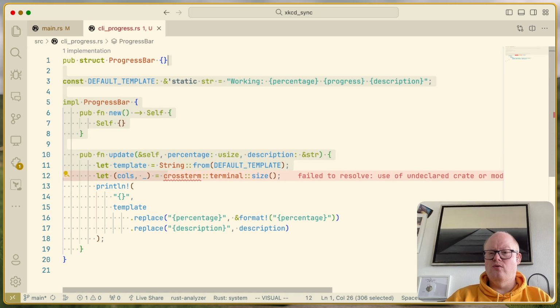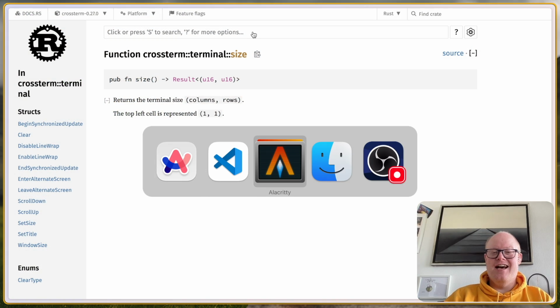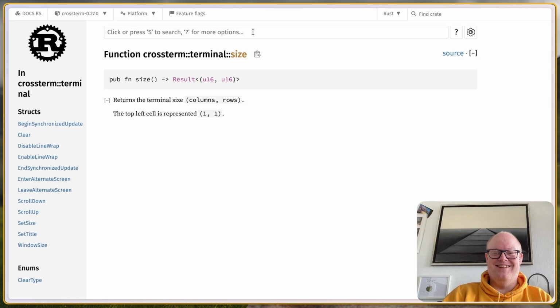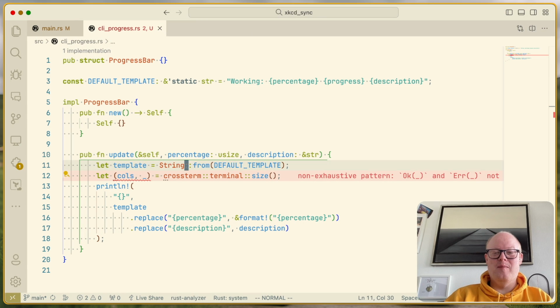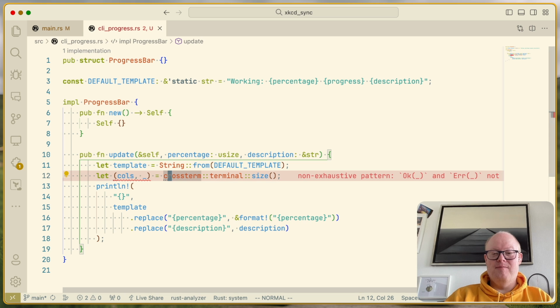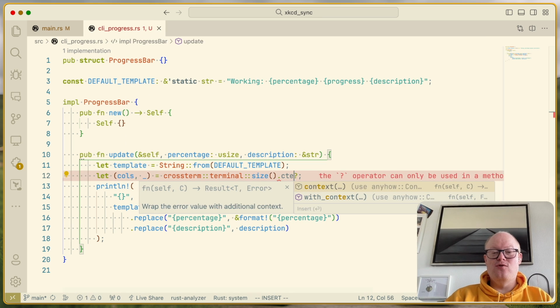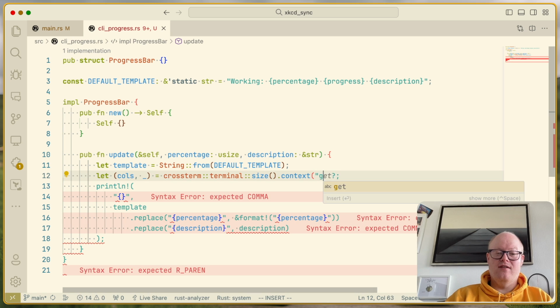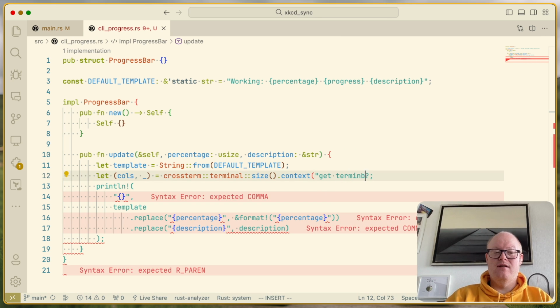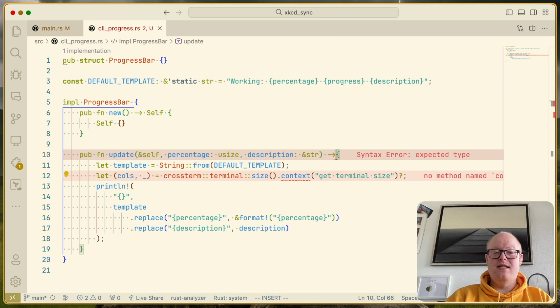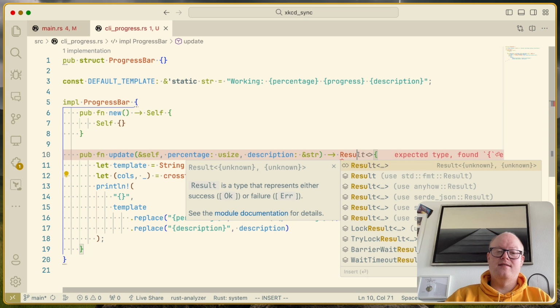What? No, I don't want to. Oh, I should maybe add the crossterm dependency first. Otherwise, it will be kind of a problem. Oh, this can actually fail. I see. So what we need to do is context get terminal size, and we actually need then to return a result here,